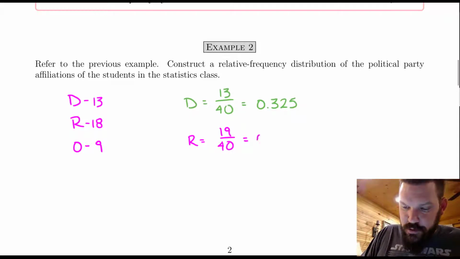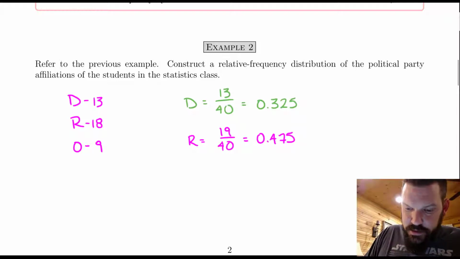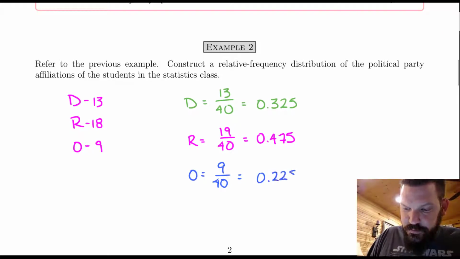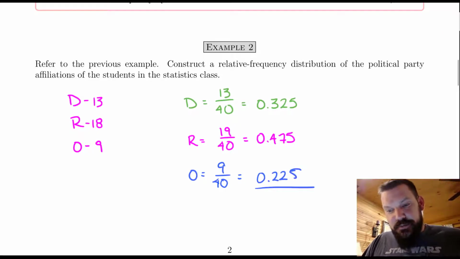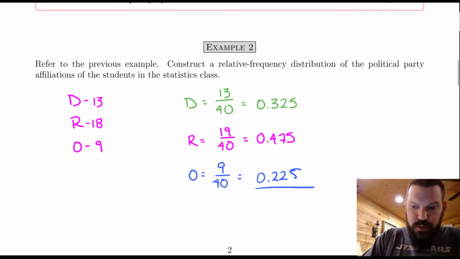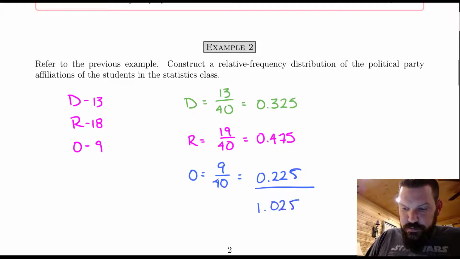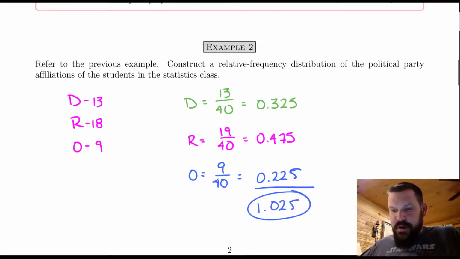We get 0.475. And then our last set is the students who identified as other, and that would be 9 out of 40. And when we type that in, we get 0.225. If I add all these together, 0.325 plus 0.475 plus 0.225, I do get 1.025. So that is slightly greater than 1, and the reason that is probably greater than 1, if you look at our values,